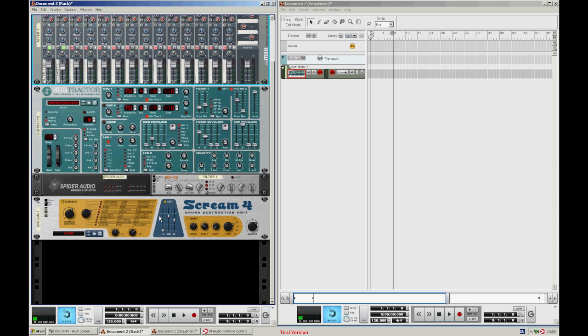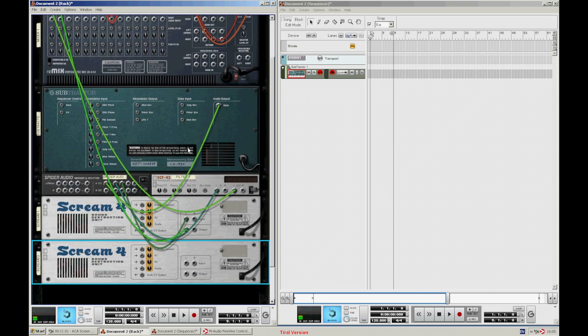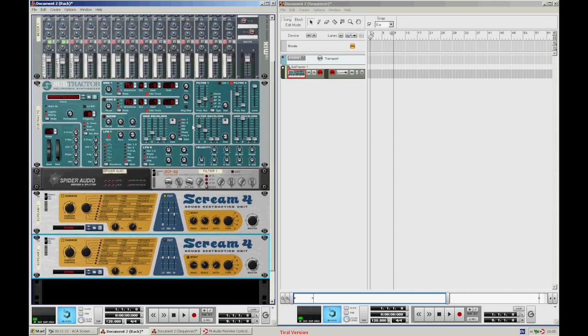Okay, so that's basically that layer, and then I'm going to keep it simple today, and just put one more layer into the top range. You could go on quite a lot with this and keep adding lots of different layers in, splitting the bands up, but I'm just going to keep it nice and simple. So for that I'm going to generate another type of scream, and wire that through. So I'm going to come out of here again into the scream, and then put the scream back into channel 3,